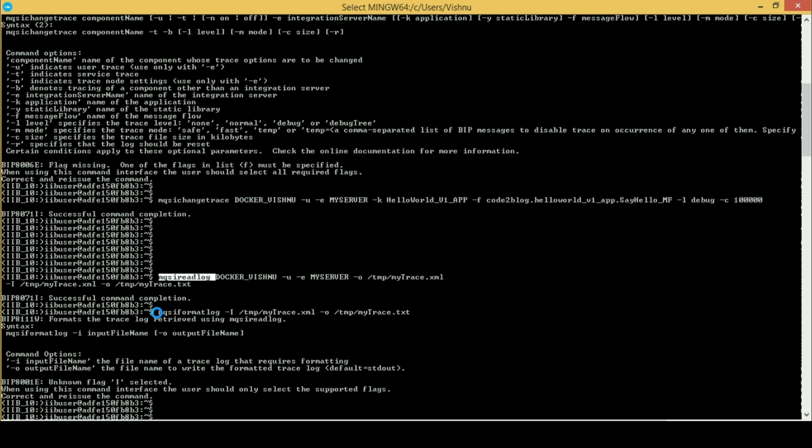Before executing the third command and the fourth command, which are mqsireadlog and mqsiformatlog, you have to trigger the HTTP endpoint so that some traffic flows into the message flow. mqsireadlog and mqsiformatlog are shown on screen.